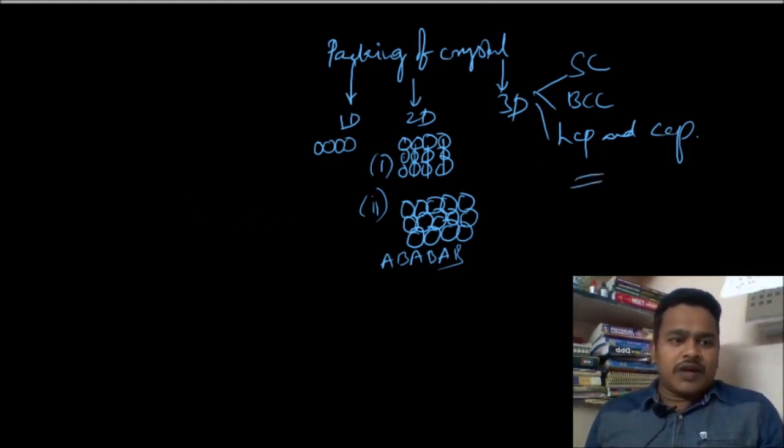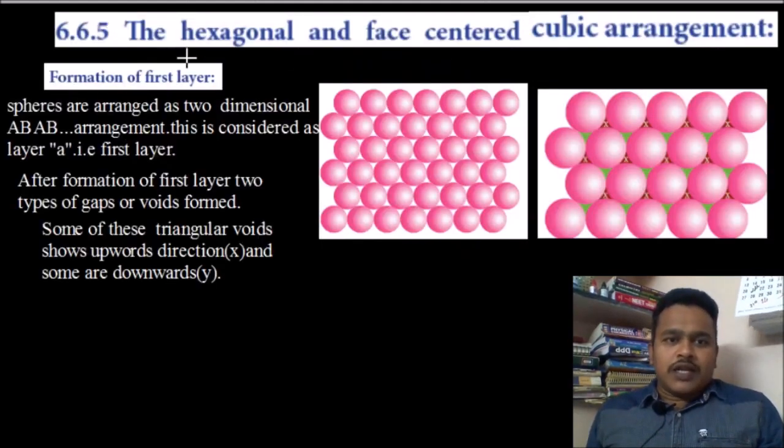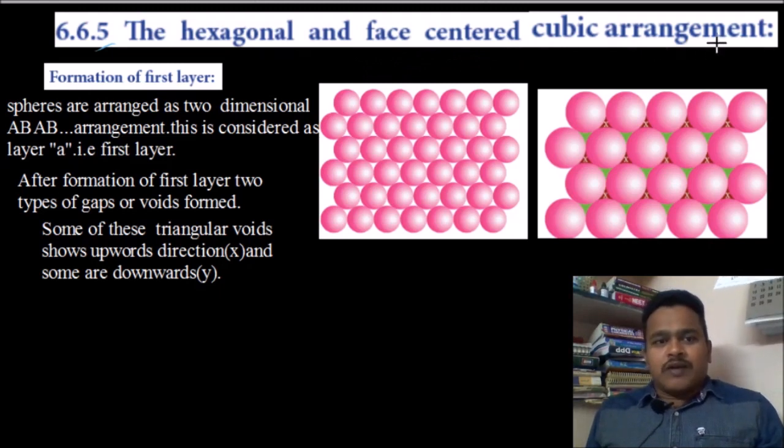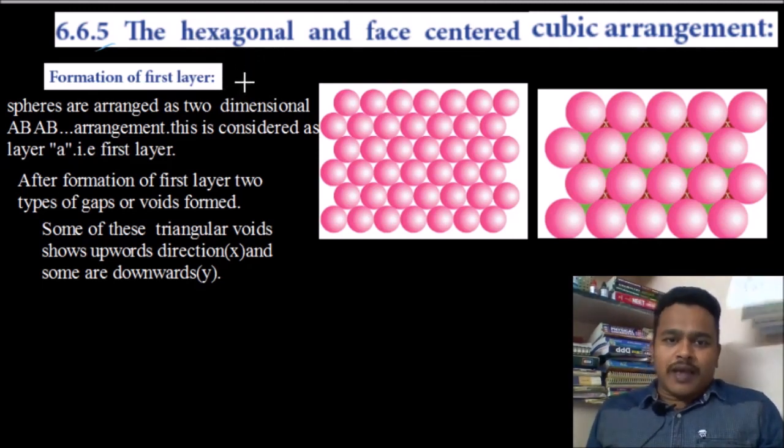Okay, we will start our session. First of all, section 6.6.5 in your textbook covers the hexagonal and face centered cubic arrangement. Before that, let us see how to initiate the hexagonal close packing.